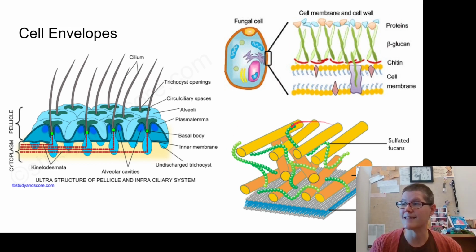So down here we can see the cell wall structure of an algae. Now they've got a few different possibilities, but the big thing that they have is cellulose. So they have large pieces of cellulose, which again is a type of sugar polymer. So sugar polymers are the main thing protecting most of these. And then some other types of proteins, in this case sulfated fucans, that are all connected.